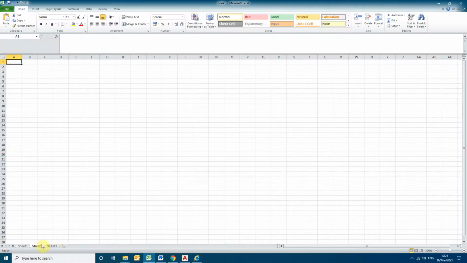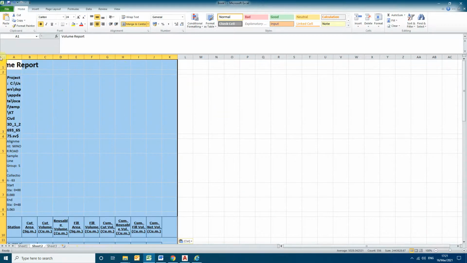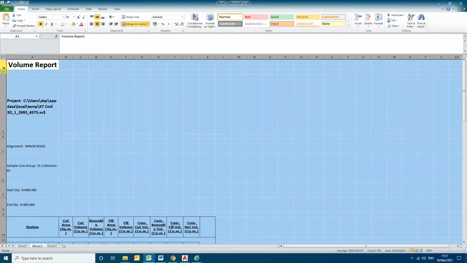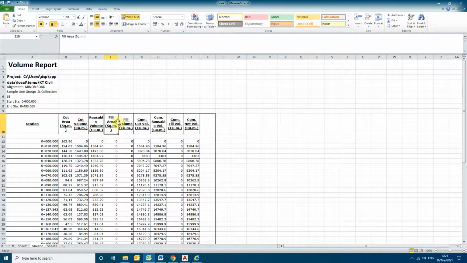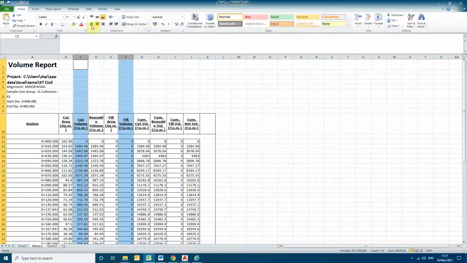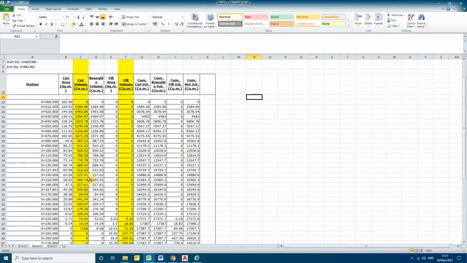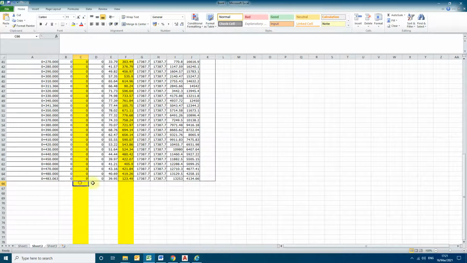You can paste everything in the Excel directly. So this is the fill area and fill volume. This is the cut volume. So this is the total cut volume and fill volume you are getting.